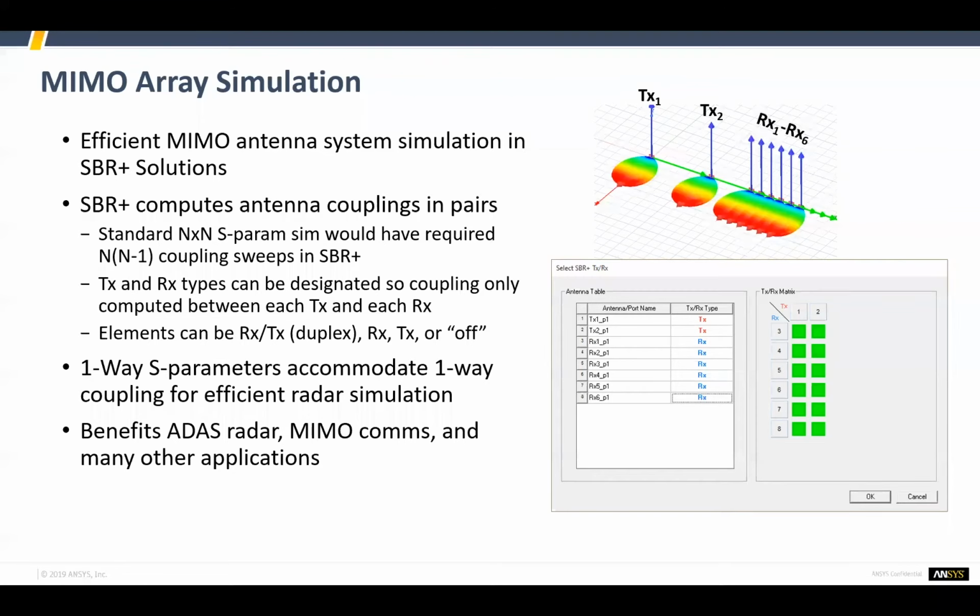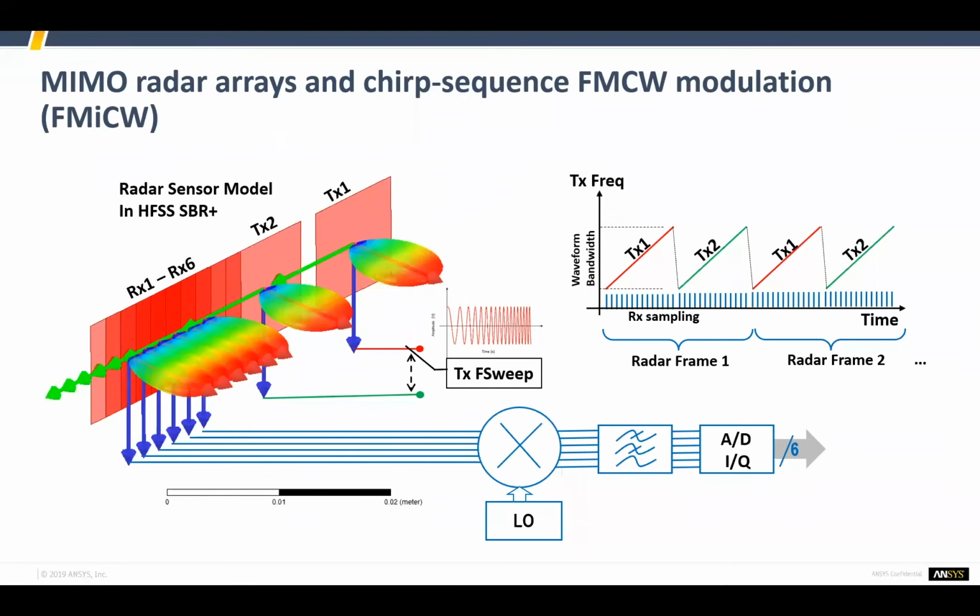And again, we've created the sensor model in HFSS, and then we bring the HFSS sensor model into the SBR tool. And it's really in the SBR tool where we create these lifelike